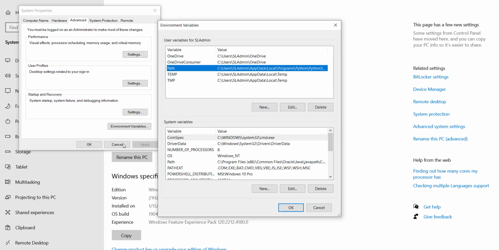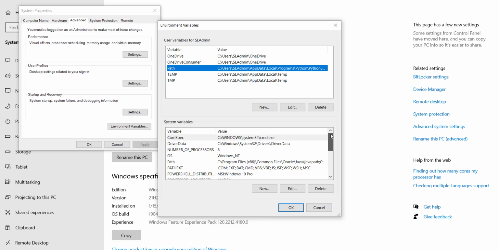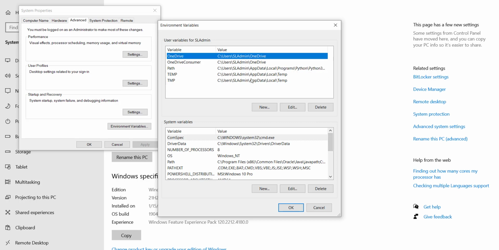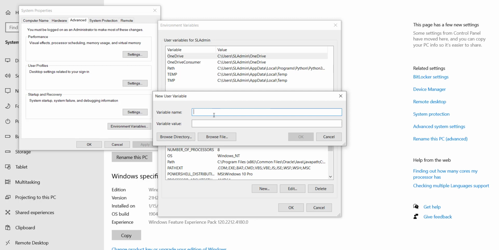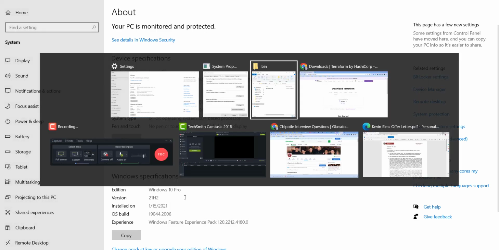Let me look here. Sure it didn't get moved. System variables. So yeah, basically what we'll do is you'll just hit new, and we'll do variable name. Well, actually, to make it simpler, we'll go back to